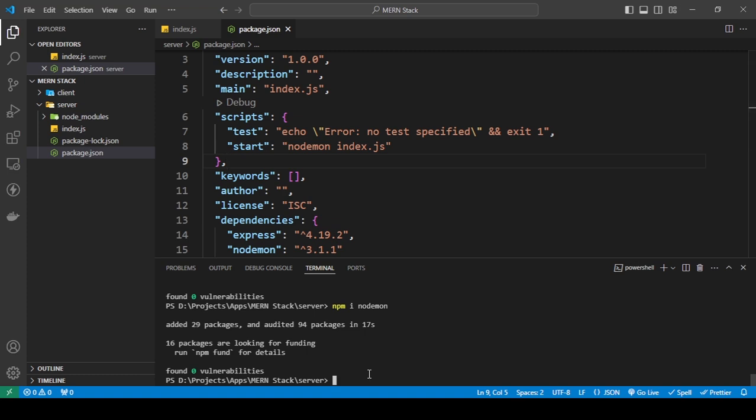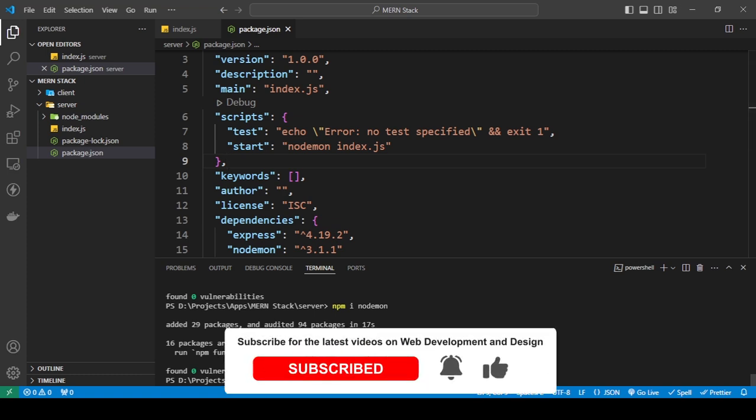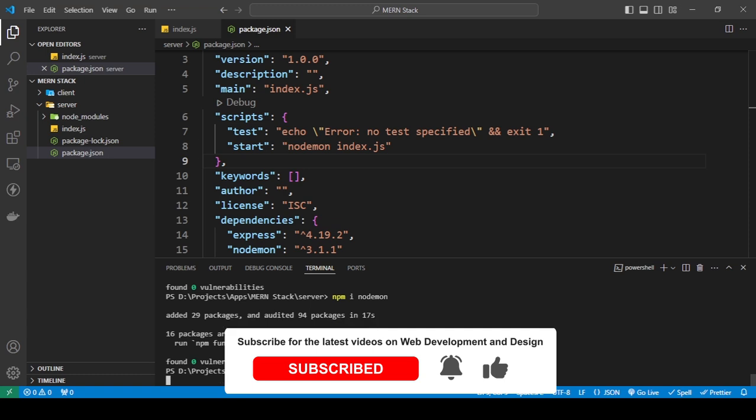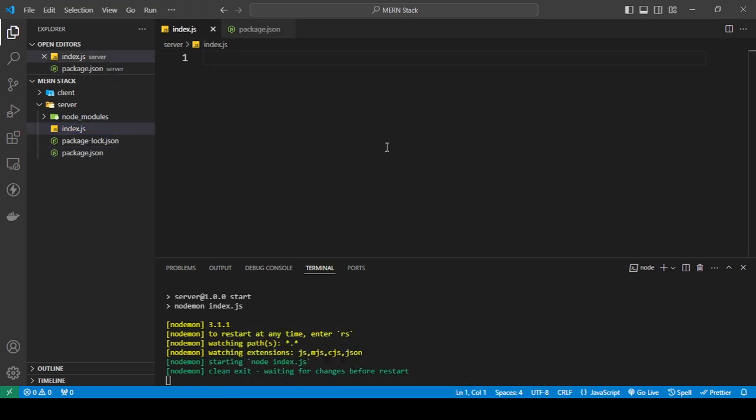Now I'm gonna run the command npm start to start our server, and as you can see, this is running. Okay, from now what we are going to do is set up the file right now, and first thing we